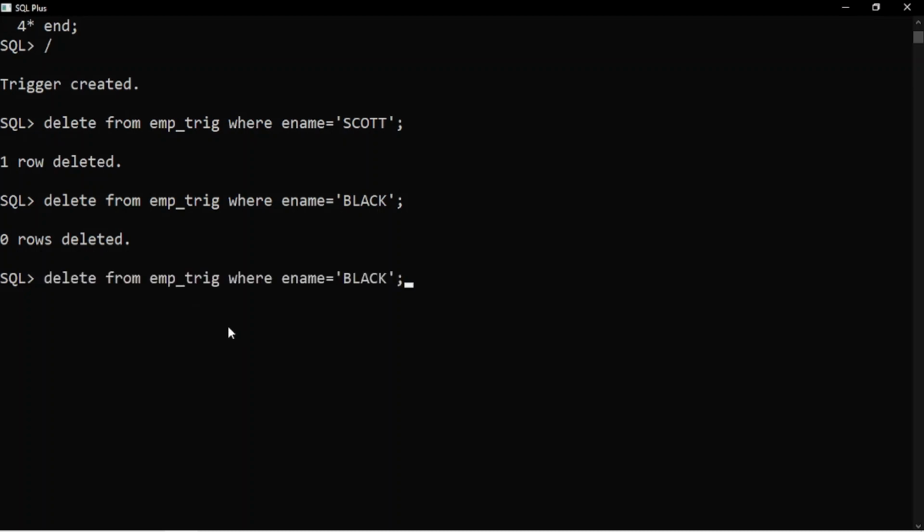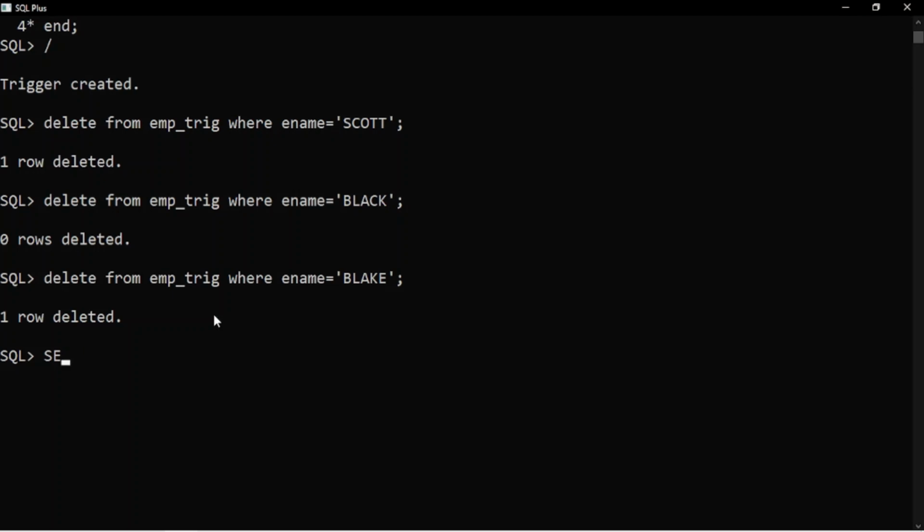In place of BLACK, BLAKE. Now it's deleted. The last one is no problem. With these records, we can check whether the deleted records are there in the backup table or not. Means whether the trigger is working or not.